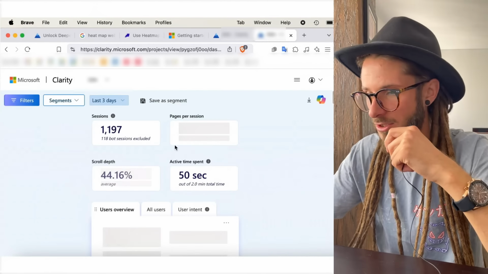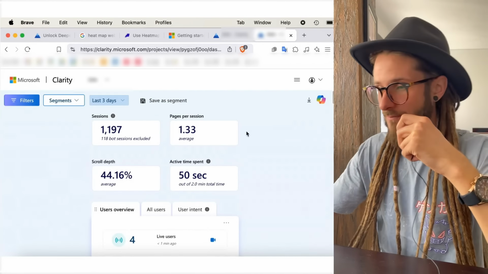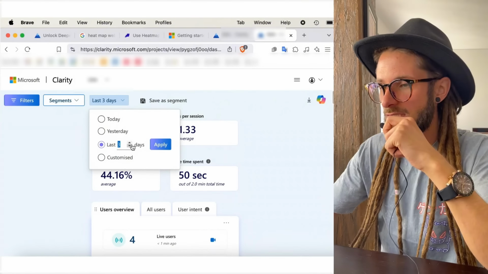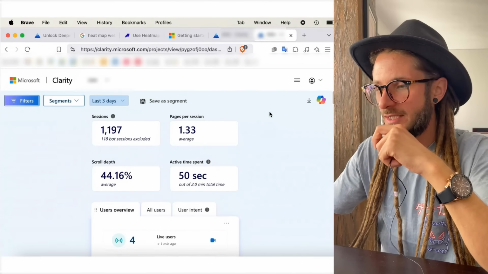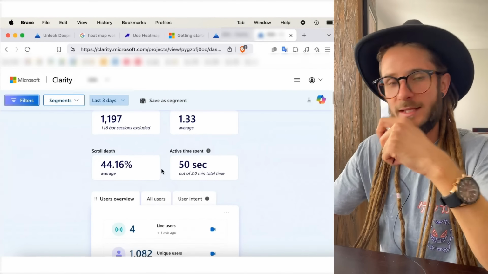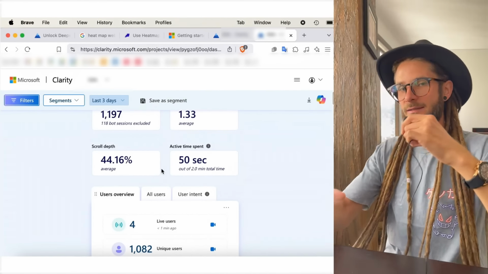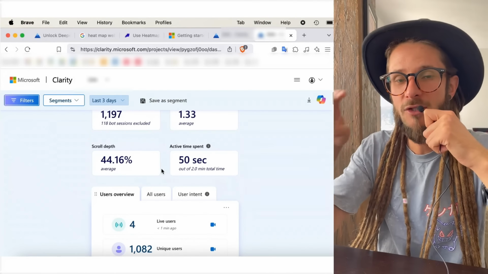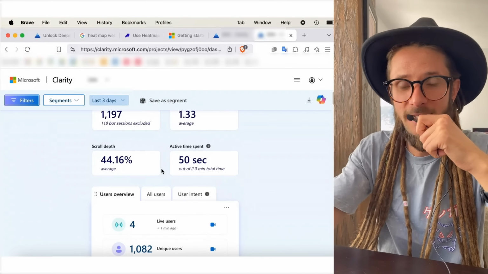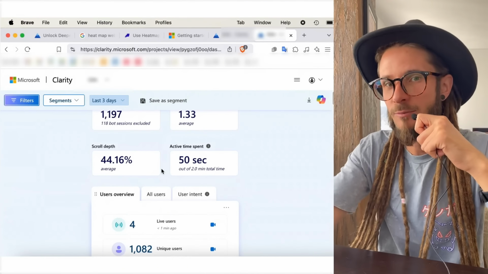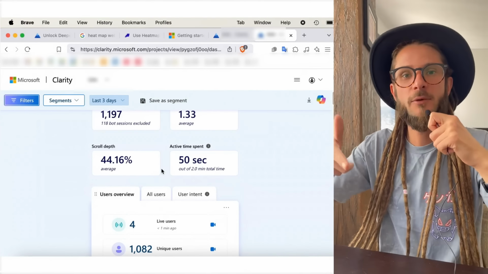Cool. And this is going to show you how people are working on your website. Okay, so this is nice. And we can select different time scale and all those things. And let's have a look at some of the data that Microsoft Clarity is able to bring in so your Google Ads can learn even more about the user behavior, how people are using the website, their landing page after they're clicking on your ad, so that you can optimize even more around those people that are likely to take